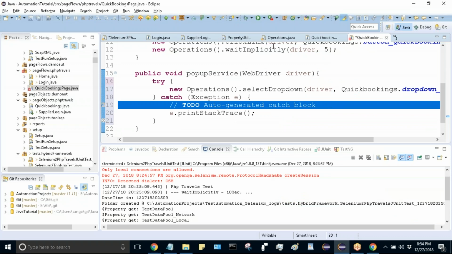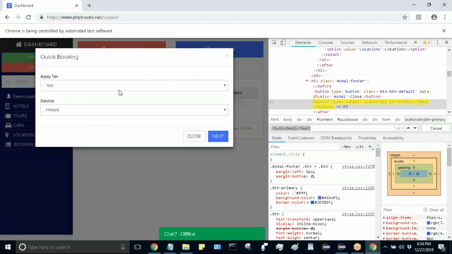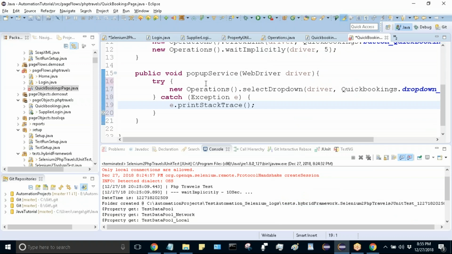The wrapper function is what I defined in operations. This will retry a couple of times, like 5 times, until it opens. Those kinds of recovery things can be handled over here, so it's better to put try catch over here. Okay, anyway, now we have done one operation in the pop-up, and the next operation is,